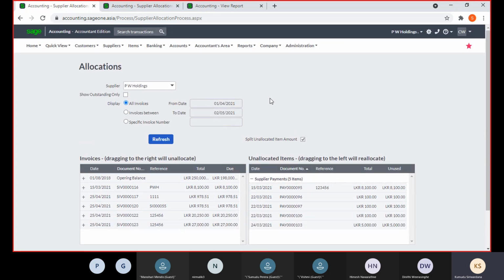Okay, right. Now I'll quickly go through this supplier allocation. You can allocate supplier invoices when you are doing payment. Sometimes you may enter supplier payments before the invoice. If you entered the supplier payment before the supplier invoice, you cannot allocate that supplier invoice. Therefore, you can use this